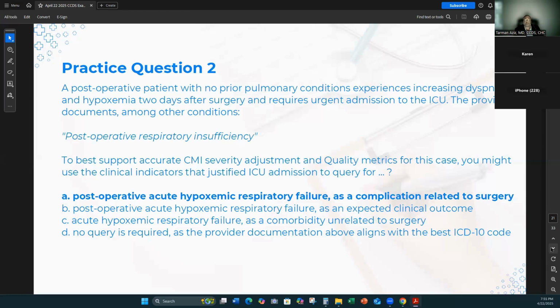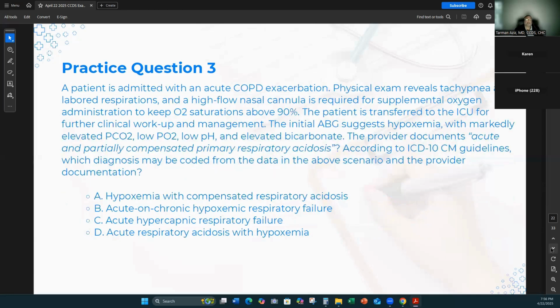In this case, you nicely picked up on the fact that the person in the question, the fictional patient, has no prior pulmonary conditions. So why on earth will we expect the patient to experience post-op respiratory failure? Had we been told heavy COPD history with multiple exacerbations requiring admission, something to drive home the point that perhaps they may just have post-operative respiratory failure as an expectation rather than a complication, then we would pick choice B. So very nicely analyzed there. Good job. Thank you. You're welcome.